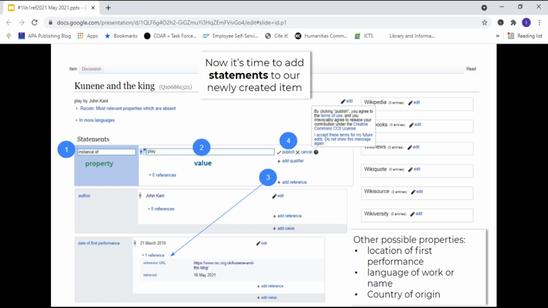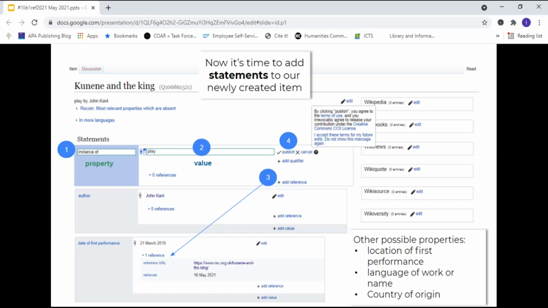And then one can add a reference supporting the statement. There are 2 types of references that can be added. A reference could be a URL. And you use this if you want to use a URL, just paste the URL into the value and click save. Or the other reference is stated in P248.